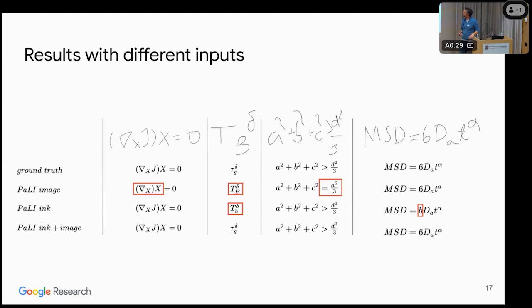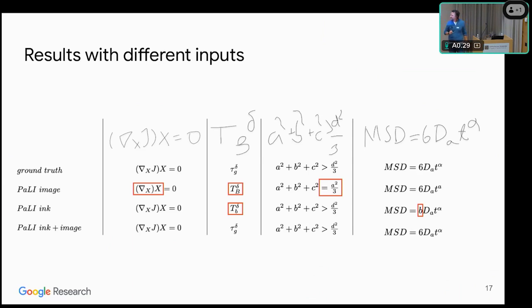So here are some results. I said my favorite one was math, so there's the math. The top line is the input digital ink. Then we have the ground truth. And now, like I said, we can play around. Do we use the image representation of the ink? Do we use the ink tokenized, or the ink as text approach, or do we use both?